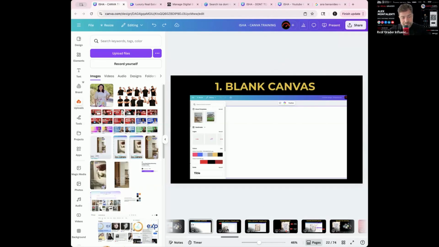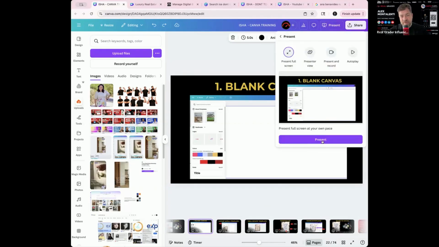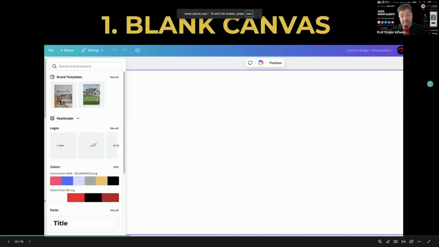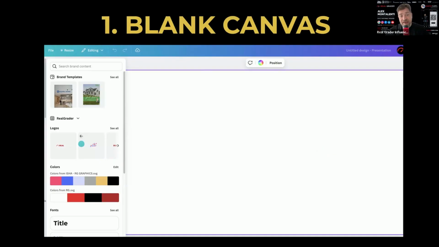Okay, so let's do this again because I know some people need a repeat. I've got a blank canvas. I can create whatever I want. If I had a brand kit, I could literally drag my logo in from the brand kit. If I had my headshot, I could drag my headshot in from the brand kit. My brand kit could contain all my different faces, my smiley face, my upset face, my pointing face, my wow face, right? But if you have all these different faces, you can do a lot of cool stuff with your social media. And if you look at some of the biggest influencers out there, that's literally what they're doing.